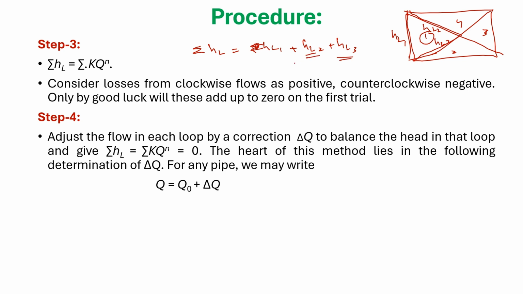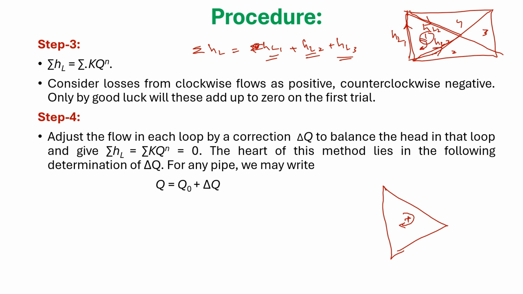But here we will follow the direction that we will form a loop like this one, and then we will draw a clockwise direction arrow with a positive sign. This is a sign convention: clockwise direction is taken positive in this loop in the case of the Hardy Cross method, and counterclockwise direction is taken as negative. So this is the negative direction. When we distribute discharges, as we will see in the example, we will have some specific direction of movement of discharge,